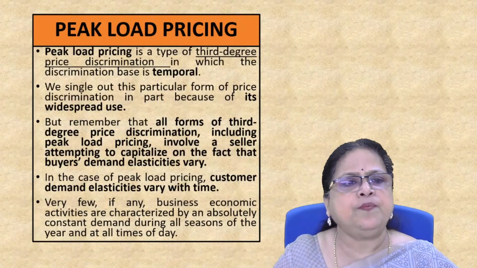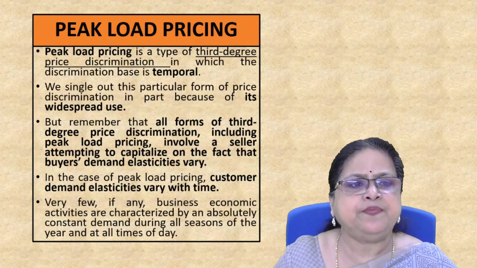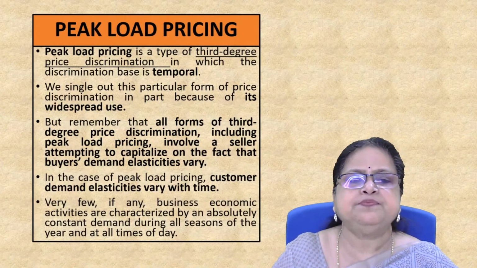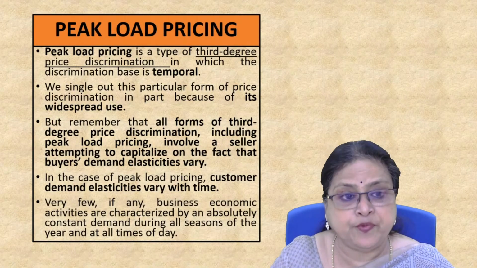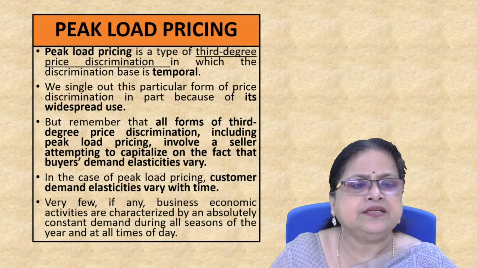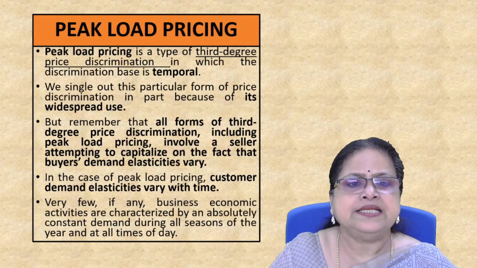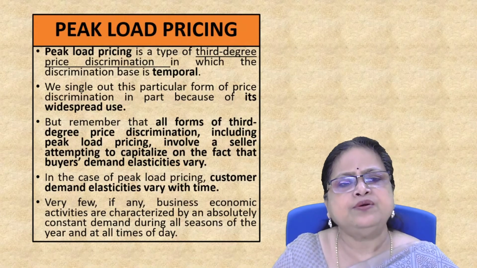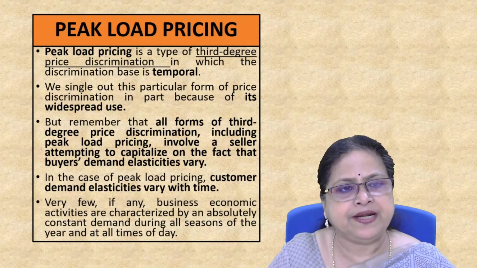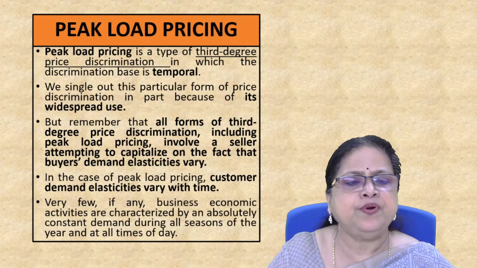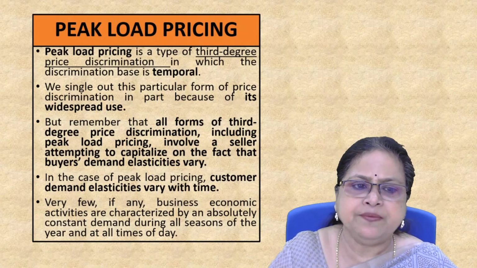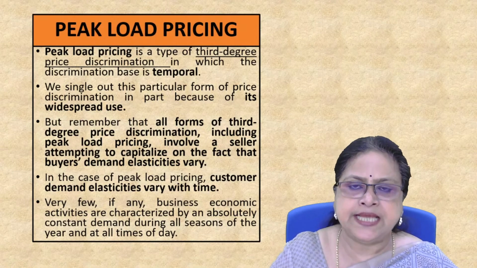Now next is peak load pricing. Peak load pricing is a type of third degree price discrimination in which the discrimination base is temporal, that means it is based on time. That is why it is known as temporal. We single out this particular form of price discrimination in part because of its widespread use. But remember, all forms of third degree price discrimination, including peak load pricing, involve a seller